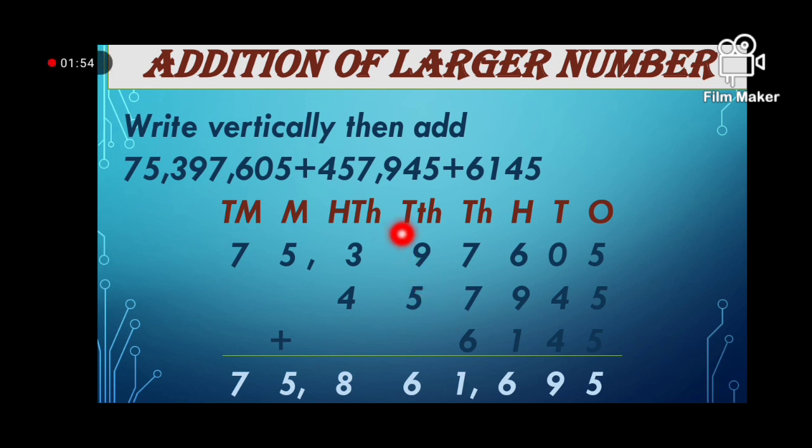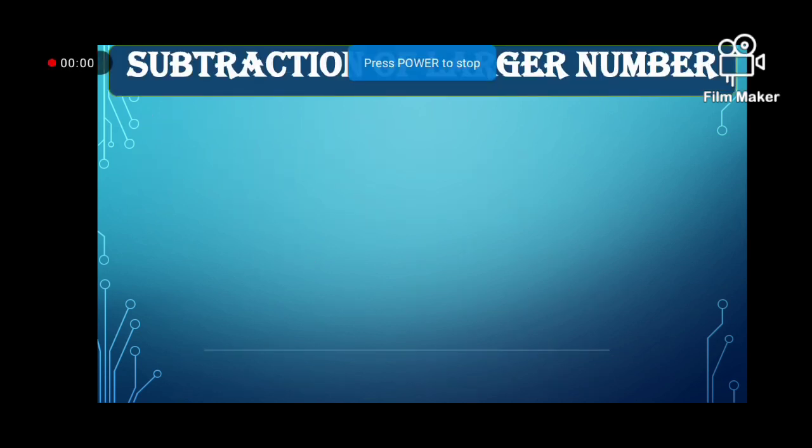9 plus 2, 11, 11 plus 5, 16. 6 is in this column, 1 will be carried to the next. 3 plus 4 plus 1 is equal to 8, 5 and 7. So the answer is 75,861,695. Now we are going to subtract the larger number